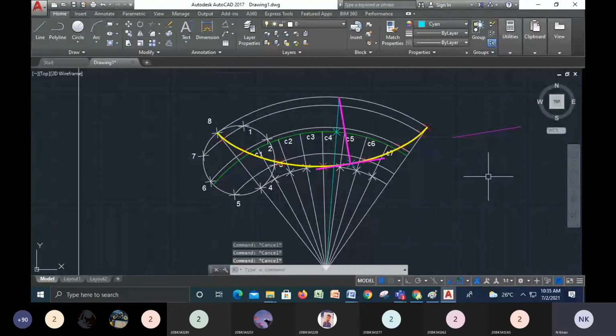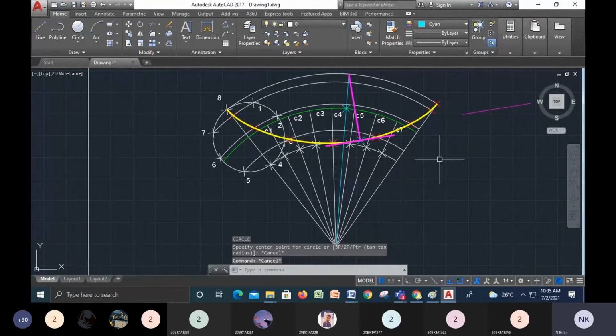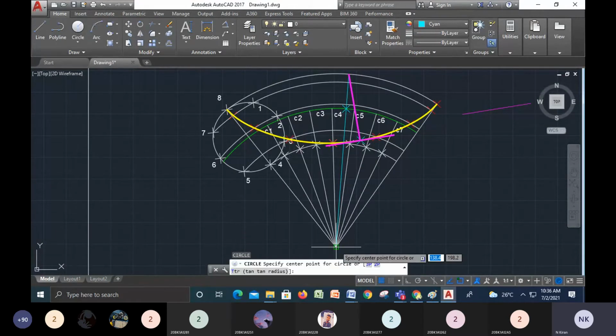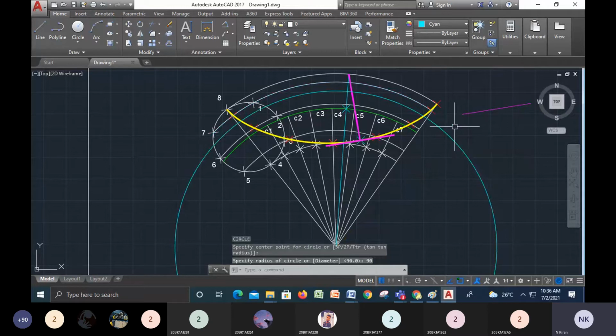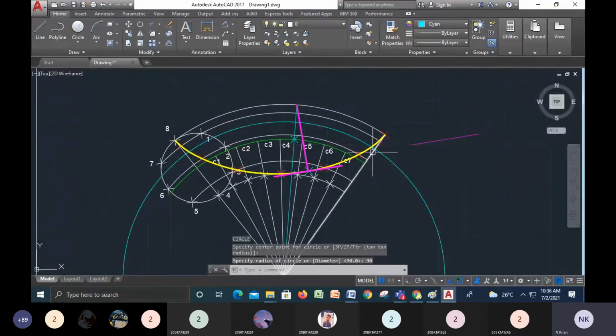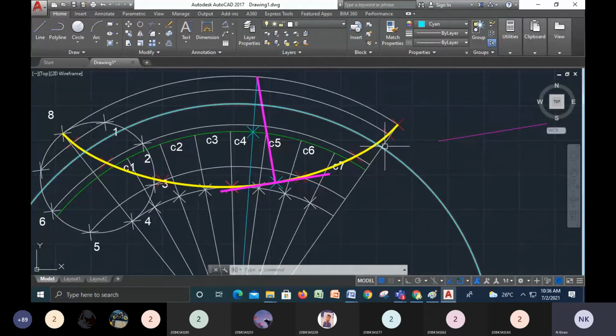Okay, if you want to draw exactly according to the problem, see, C enter, 9 centimeter, yes, tail. Okay, escape, C enter. From this line you have to take 90 mm, 90 mm, and your point will be here. Okay, 90 mm, which is touching. You can draw a tangent and normal here or here. Okay, and after that you can make a point as it is at the very corner.